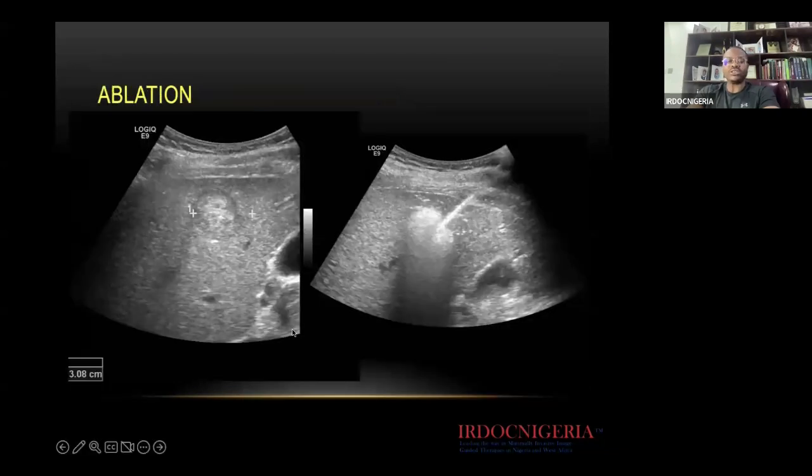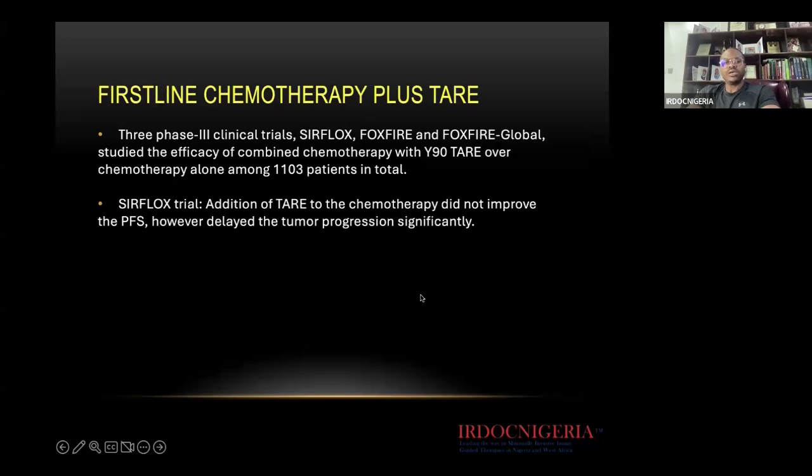This is another lesion. This is actually a hepatocellular carcinoma that we treated here in Lagos. This is the lesion before treatment, and this is during the treatment, again showing that cloud that develops from the heat that's formed within tissues and causes a lot of shadowing on the ultrasound when we turn on the machine. We've also looked at a lot of studies in interventional radiology with first-line chemotherapy plus transarterial radioembolization, and there